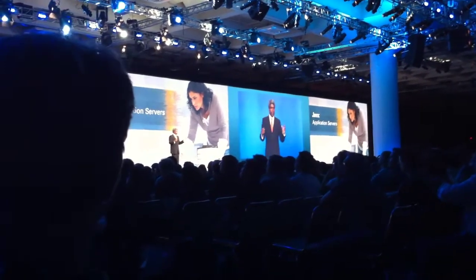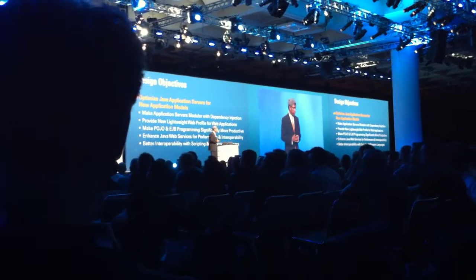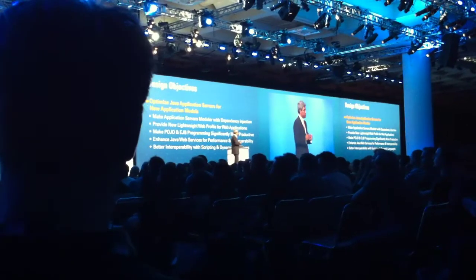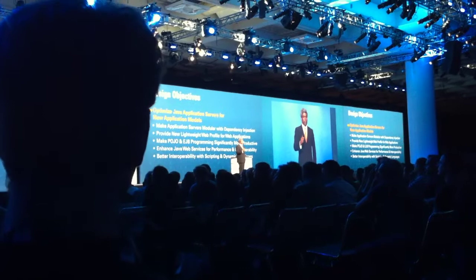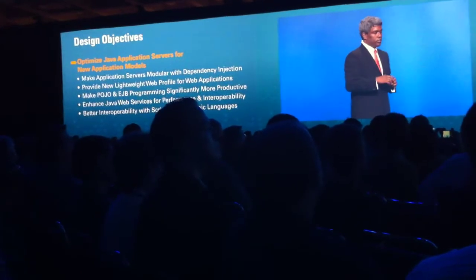Now let's move from the client back to the servers and talk about application servers. Java EE 6, which was delivered last year, was a big change for application servers. It addressed a number of issues that we saw in the Java platform for application servers, but there's more to be done. And so where do we see things going? Again, we're going to optimize where Java application servers go to enable new application models. There are two aspects to this. First, what we're doing in the application servers around